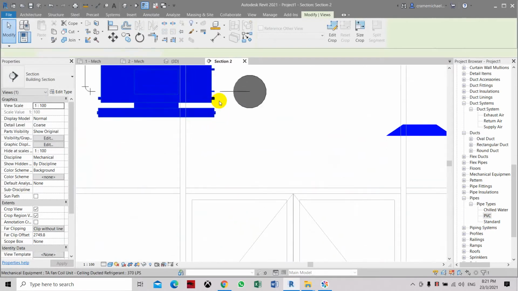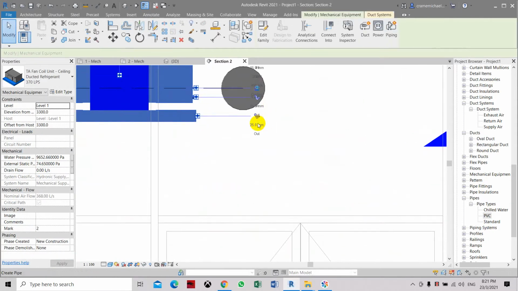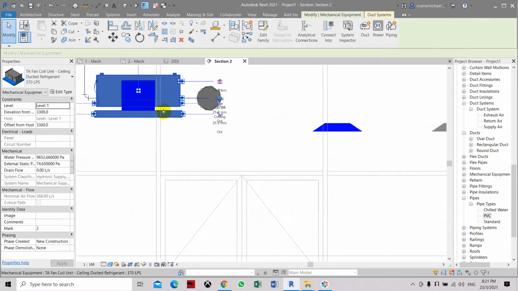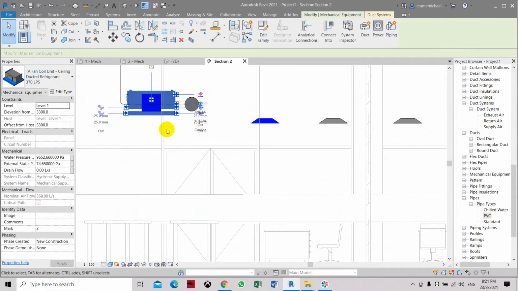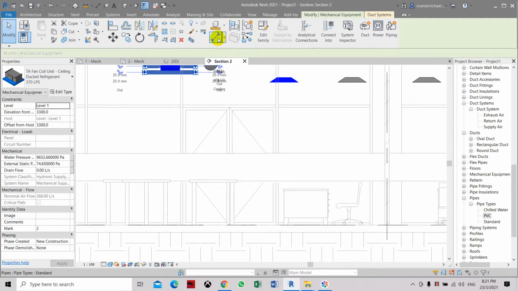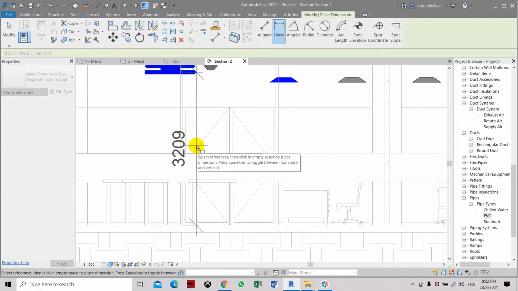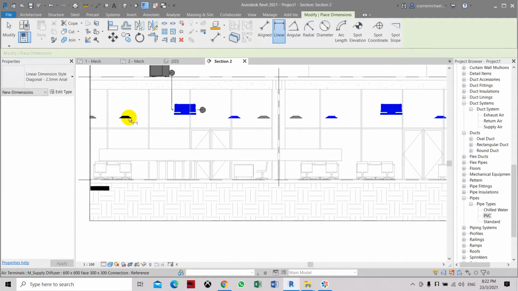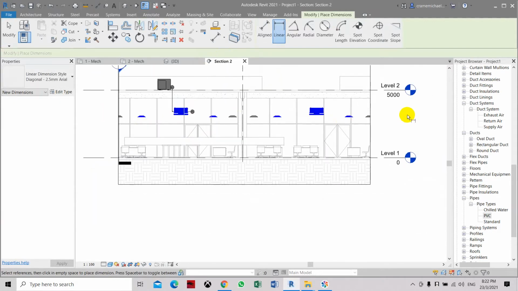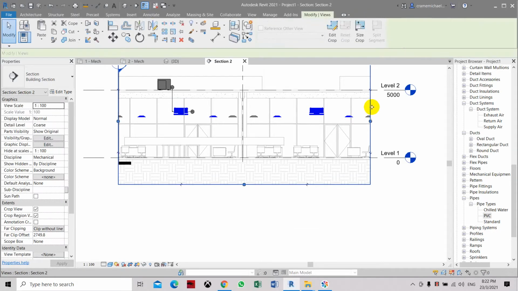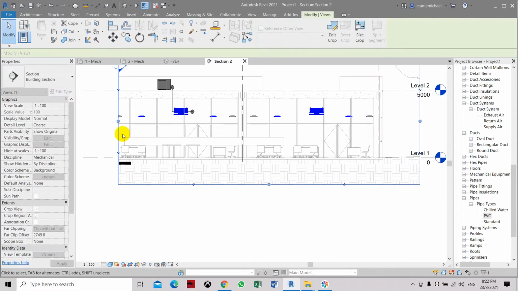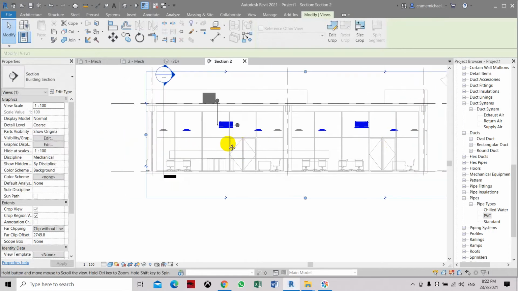So this is the condensate drain pipe. Here is a 25 mm out. So the height of this, let's measure it, so later we don't have any issue with the condensate drain piping. It's about 3.2. So we're going to run our pipe at 3,150. So hopefully from here to here, with a slope of 1%, it will be less than 150, so we don't clash with the ceiling level. So here is our